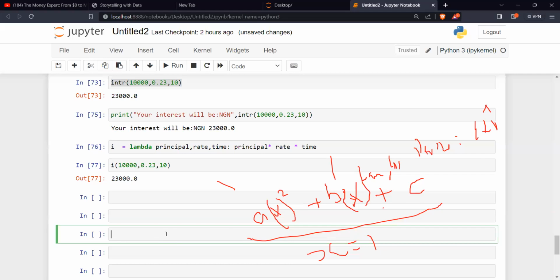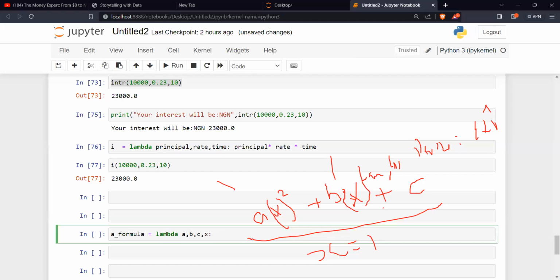Let's say almighty formula, A underscore formula. All right. It's equal to lambda A, B, C, X. Like this, right? Okay.